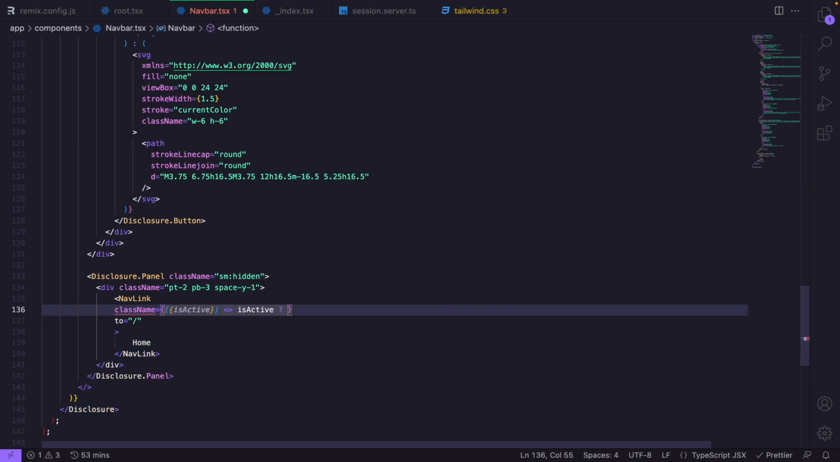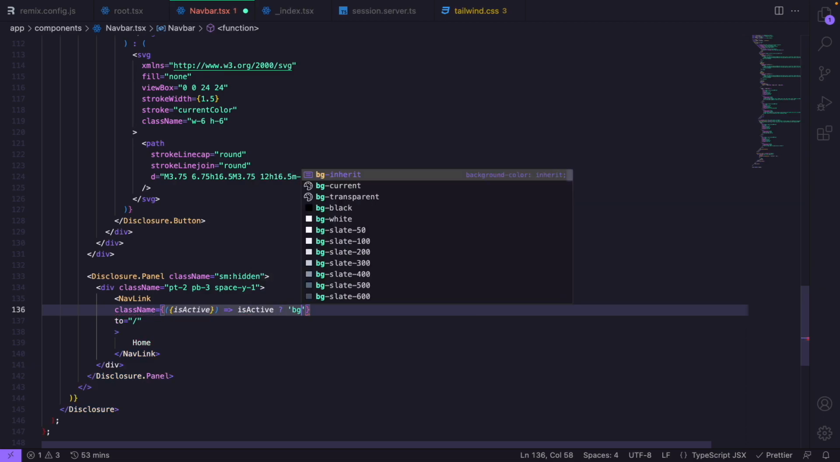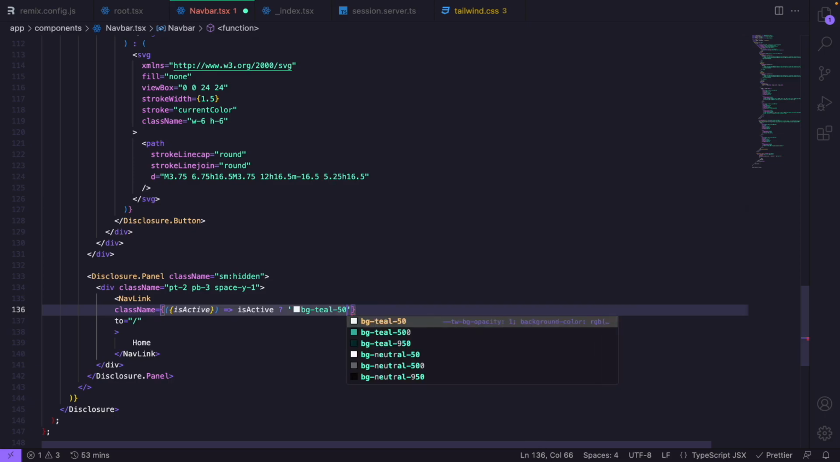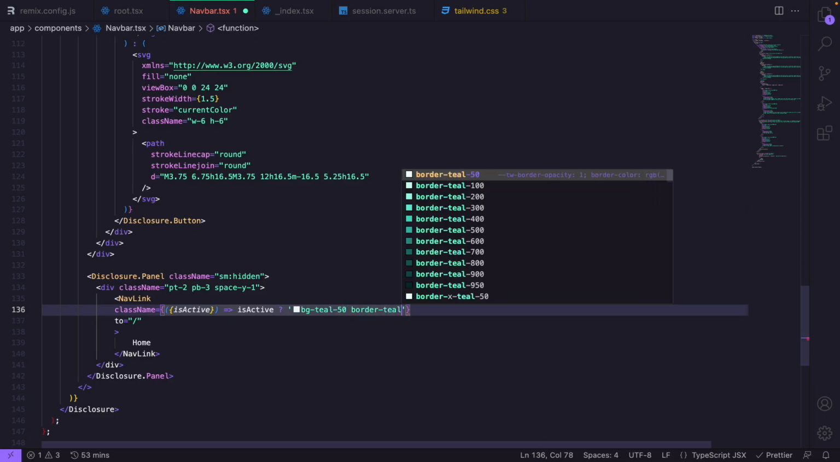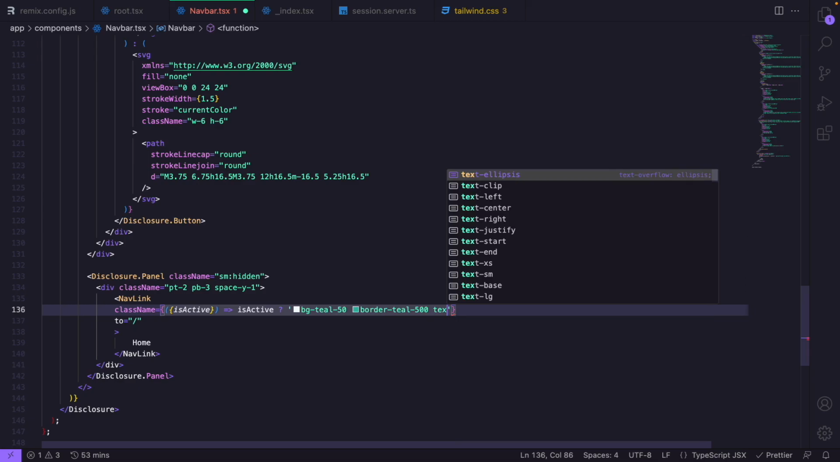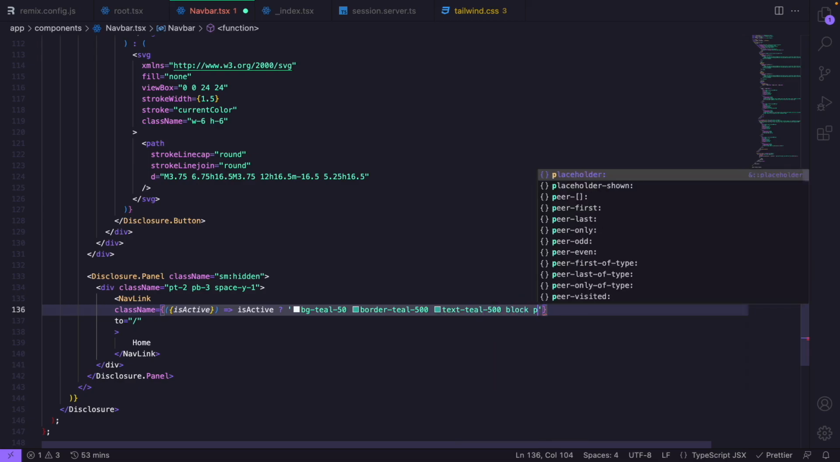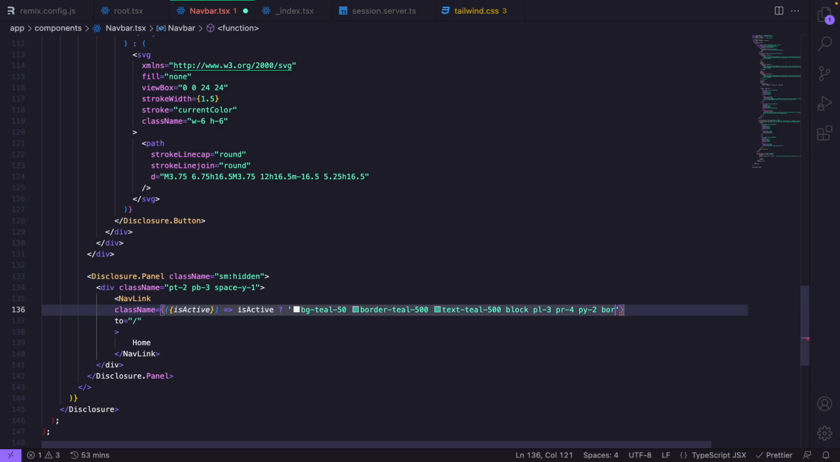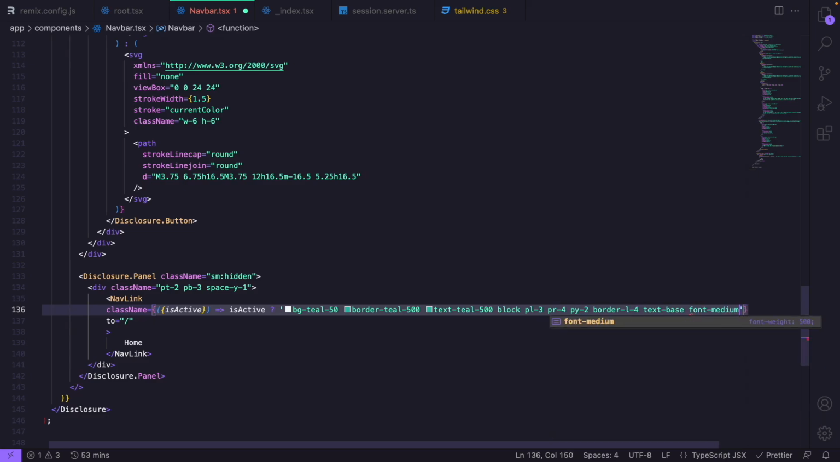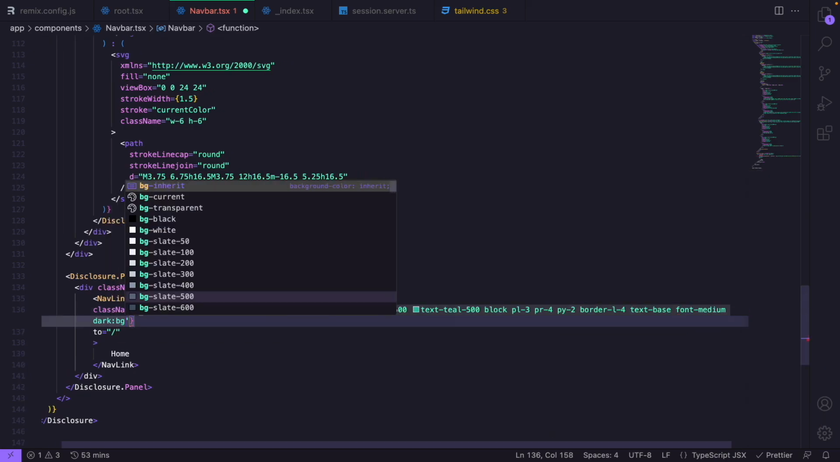So if isActive is true, I want to give it a className of bg-teal-50. Border will also be teal 500. Text should be teal 500. Then we should have a block. Padding left will be 3. Padding right should be 4. Padding y should be 2. And border should be left 4. Then we also have a text of base and a font of medium, and in dark of BG should be